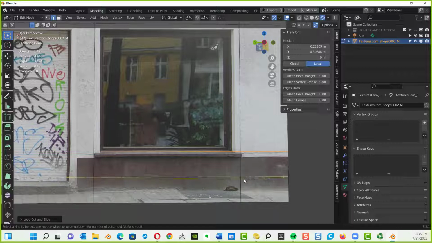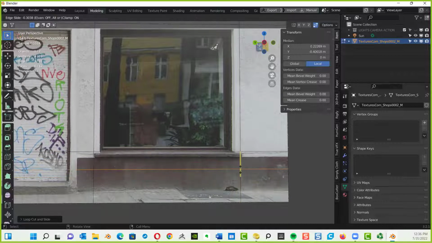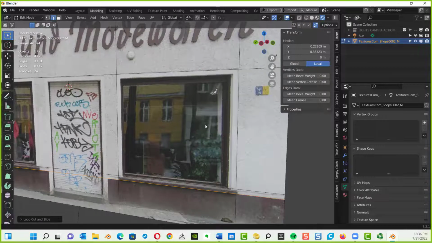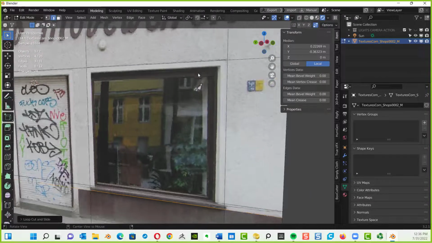Control R. There it is. It sees it because I'm close to another edge and it's perpendicular to it. Click and hold and drag it to right about there. We'll just do it to right about there. Here's where the fun begins. All right, let's start with the outer facing. I want to select that whole polygon face. What do I do, guys?